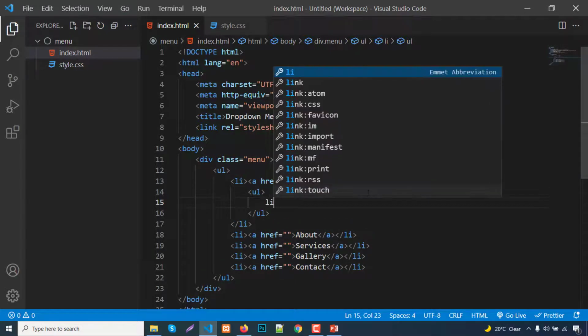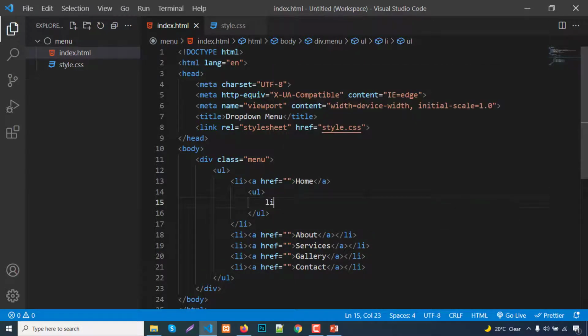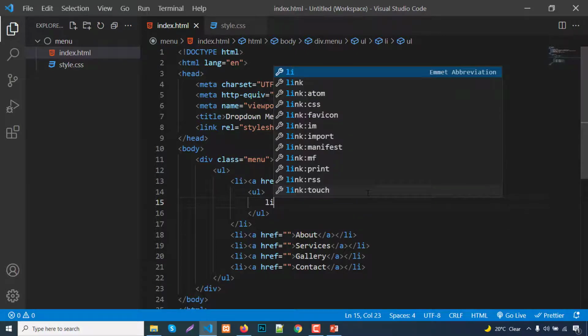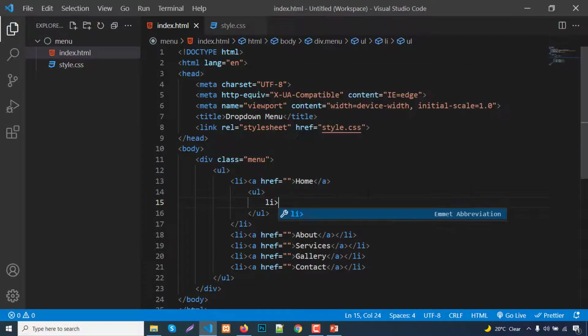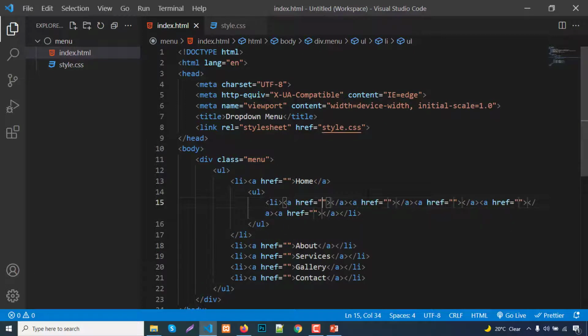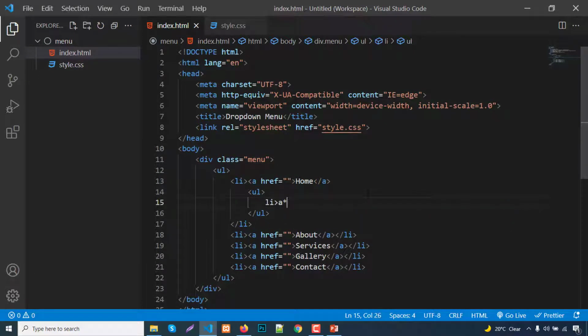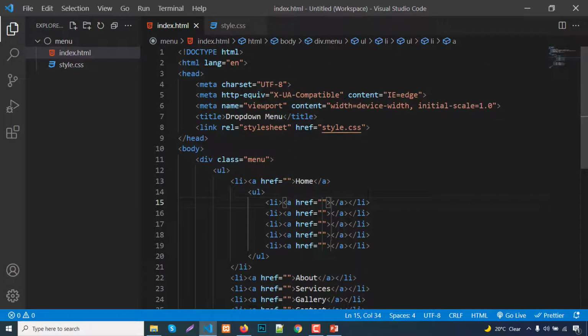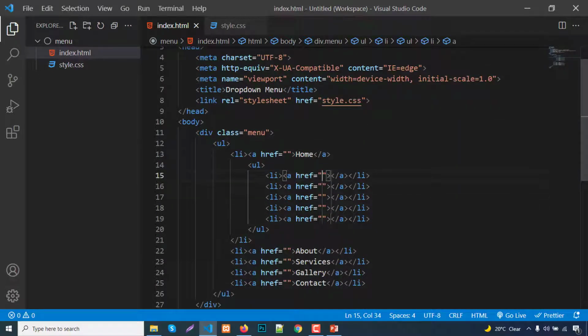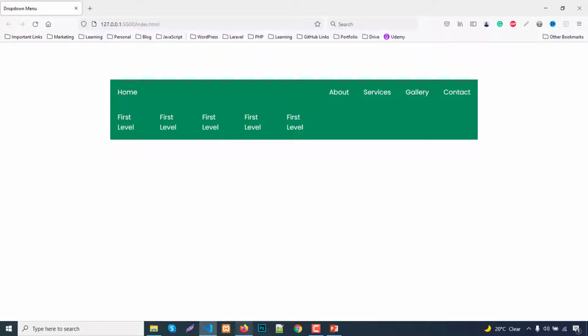Inside ul write li, inside li an a, using the Emmet shortcut: li inside a. So here is our code for the dot menu. Write first level, copy this text and paste it here, and back to the browser to check the output.